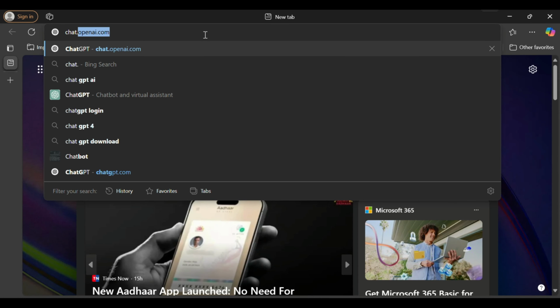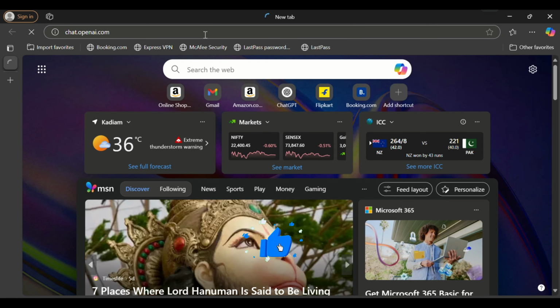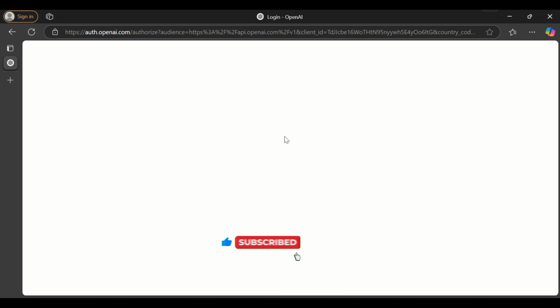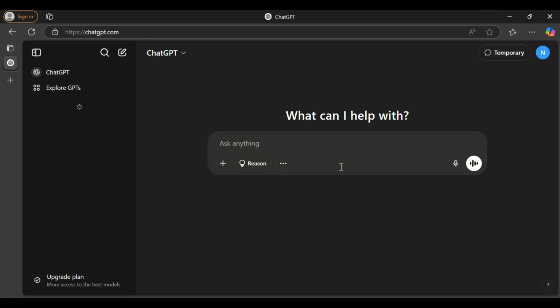Now, open Edge and type chat.openai.com and hit Enter. Now, click on the Login button and log in to your account. I will teach you 3 prompts today which will blow your mind and give you an idea about how to